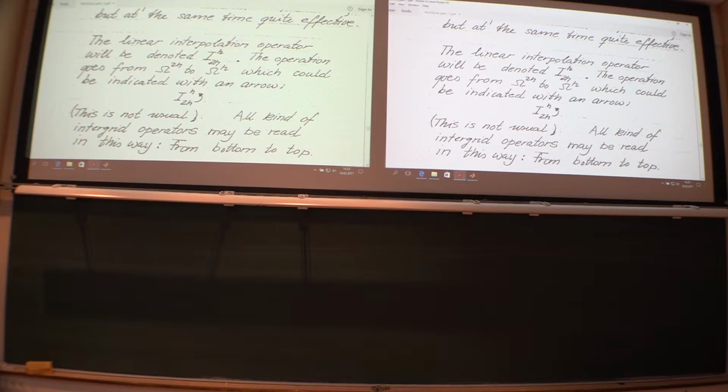The operator, the intergrid transfer operator, is a large capital I. And you always read it from subscript to superscript. So it's sort of implied that you have an arrow pointing from sub to super. So here it's an interpolation function from the coarse mesh 2H to a fine mesh H. So this notation is widely used within multigrid, always from sub to super. So we are searching for this operator,